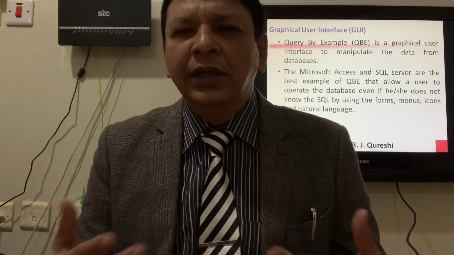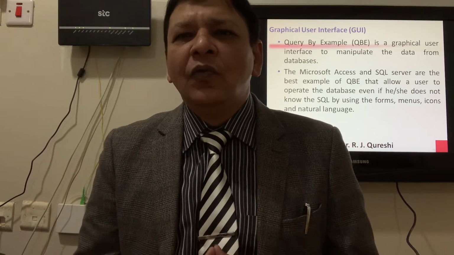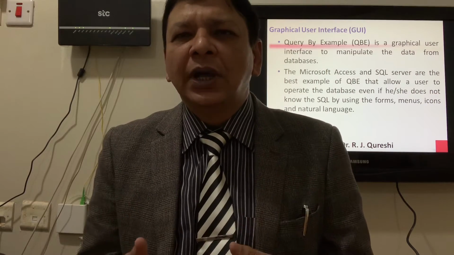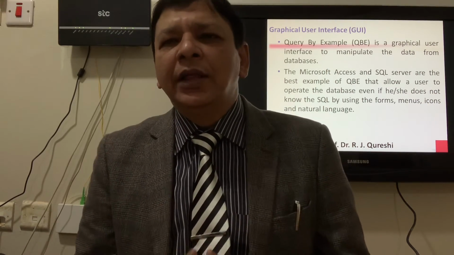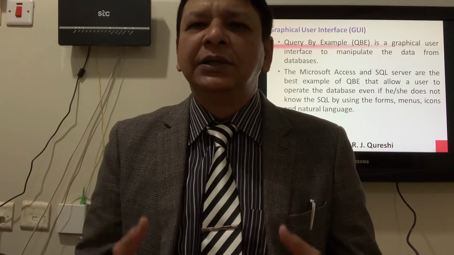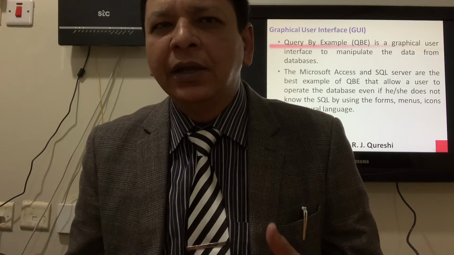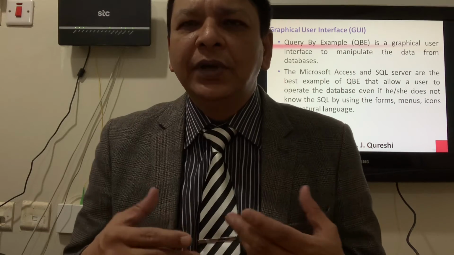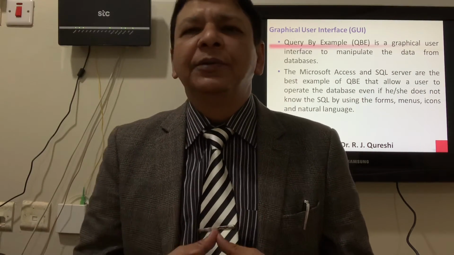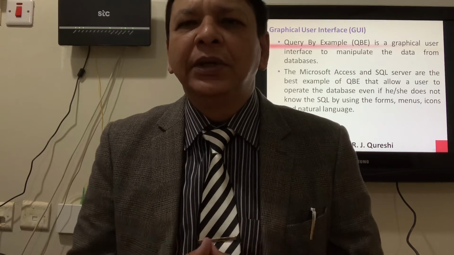But technically in our field, we say a form is a container that hosts other components. A menu is a collection of commands under a single term. And then we have the icon. An icon is a graphical symbol that has a specific command, for example, My Computer.